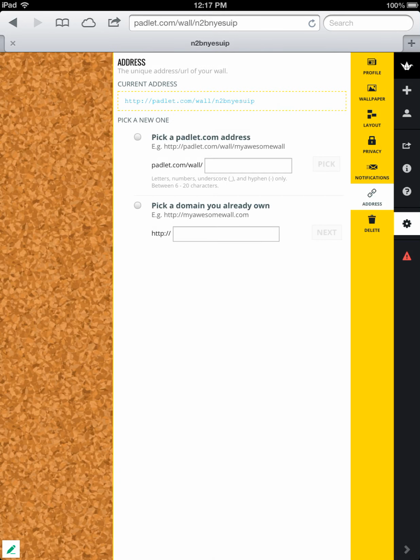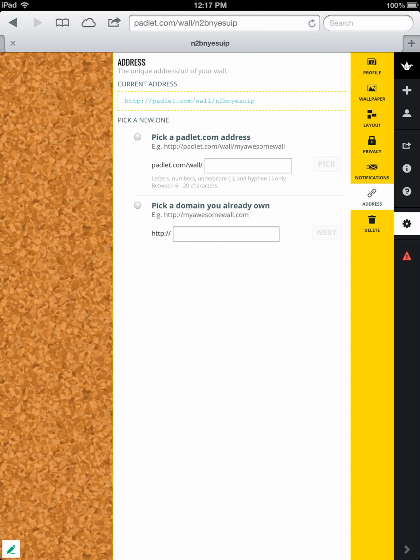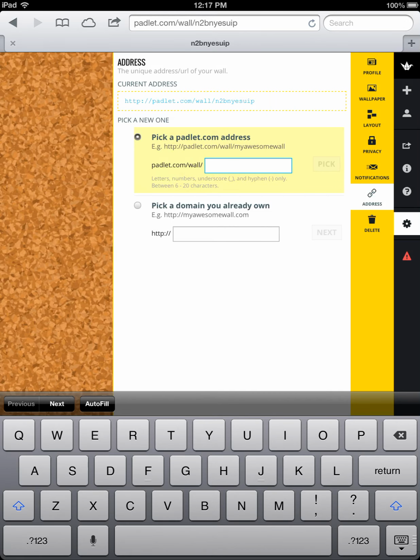The address, this is one that I do use. So it's going to give you a random wall. You can see it's padlet.com/wall/N2BNYESUIP. And you can see if you look right up here in your URL, that's exactly what that is. So that's going to be the address that the kids would go to be able to post to this. That's a boring address. I like to give it my own personal touch, so you can pick a Padlet address, and I would call this, I don't know, for instance, let's call this